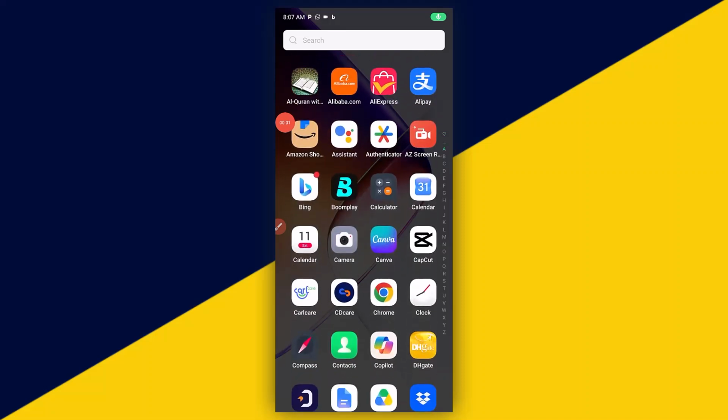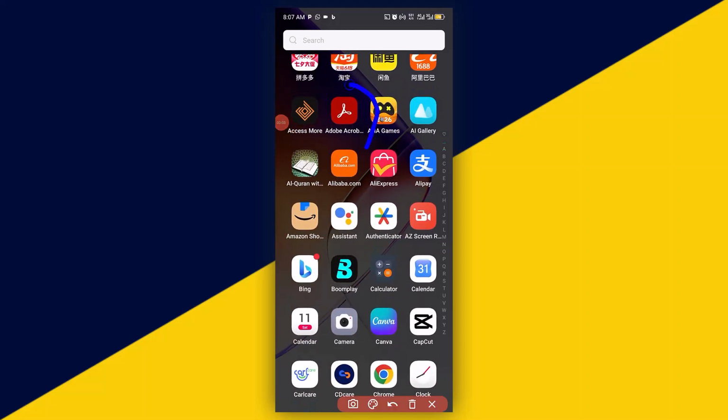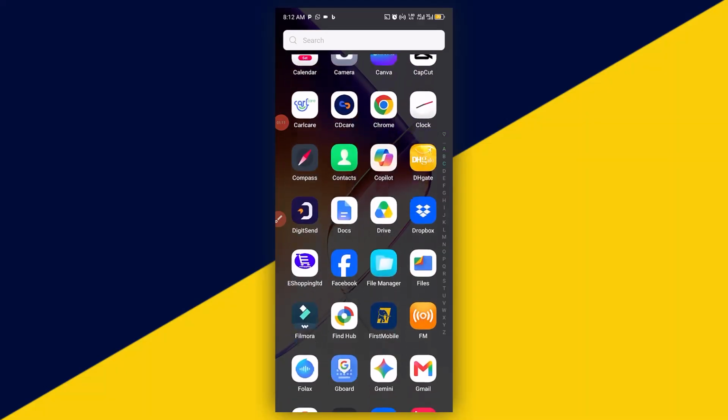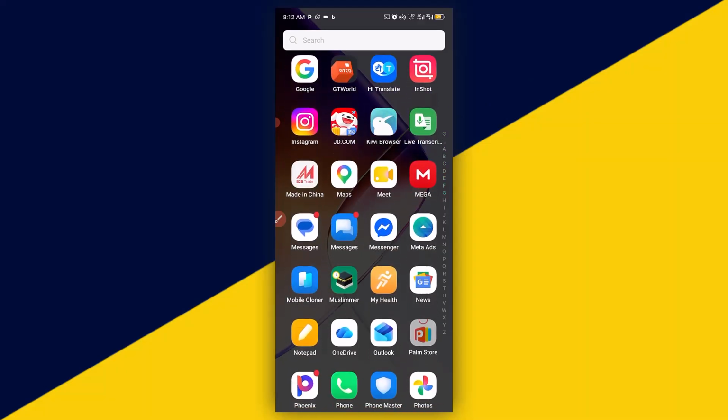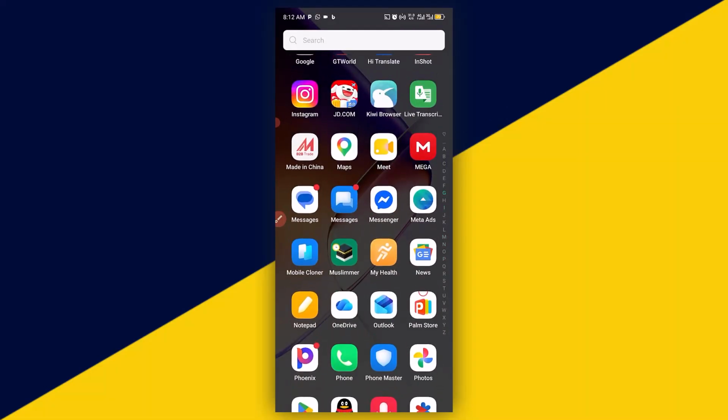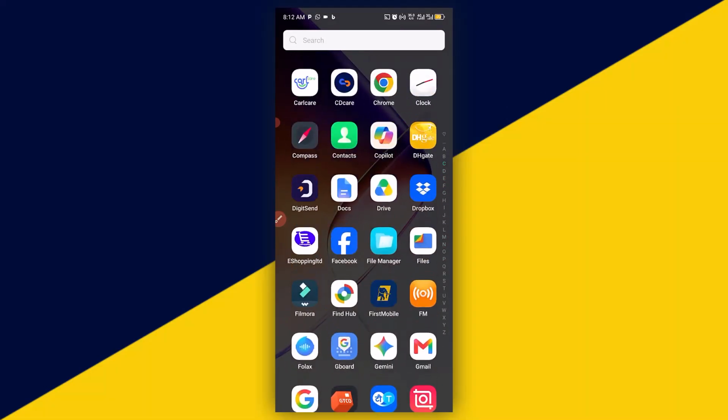In this video, I will show you how to make Adobe Acrobat your default PDF viewer or PDF reader on your Android phone. Let me show you how. The very first thing you want to do is to go ahead and locate your file manager on your Android phone. So I'm going to go ahead and open up my file manager